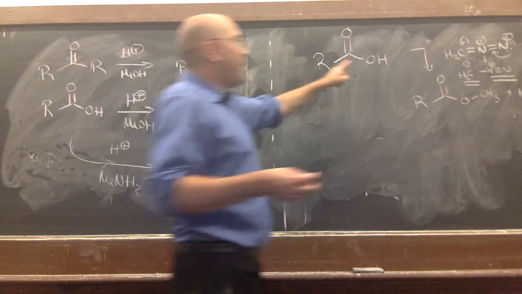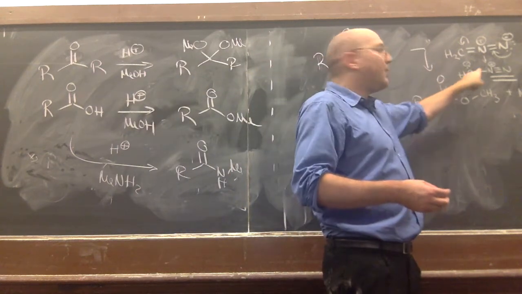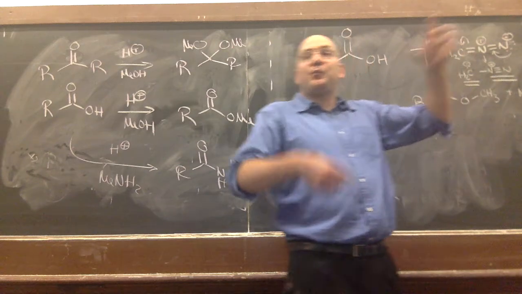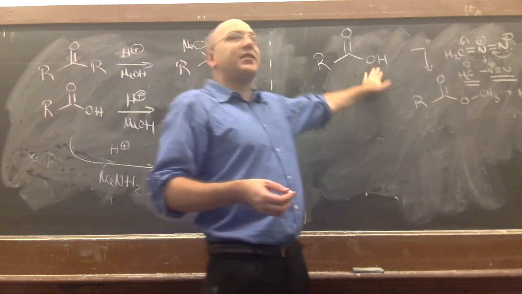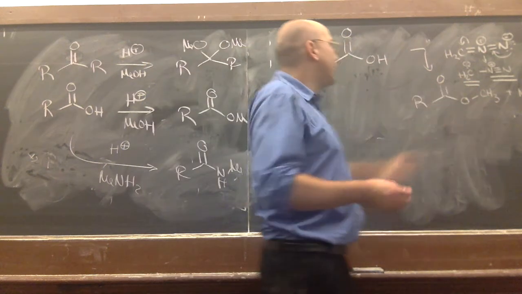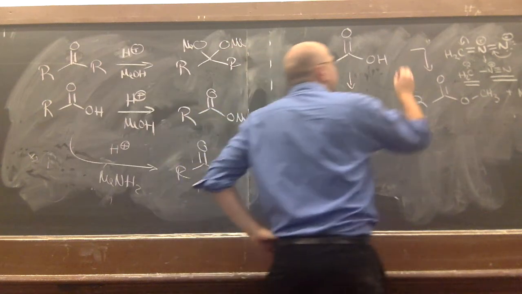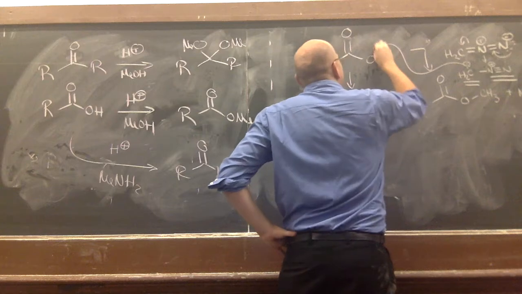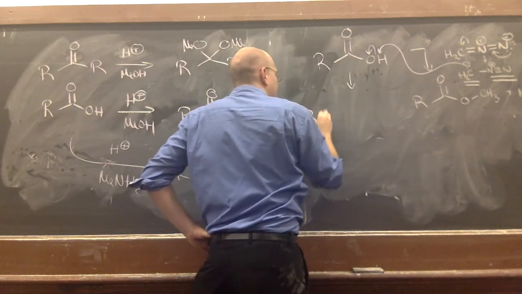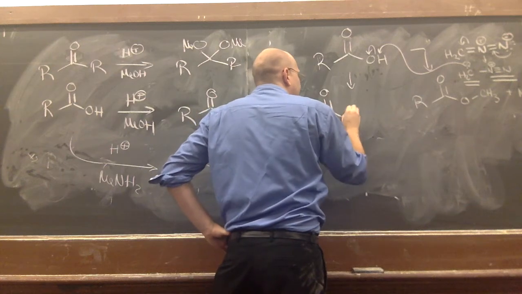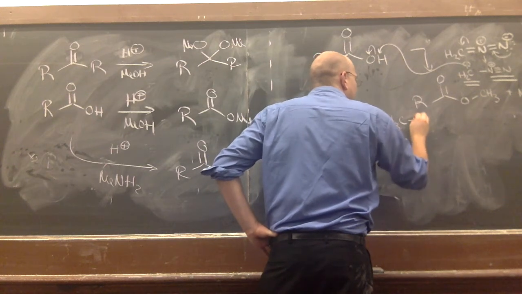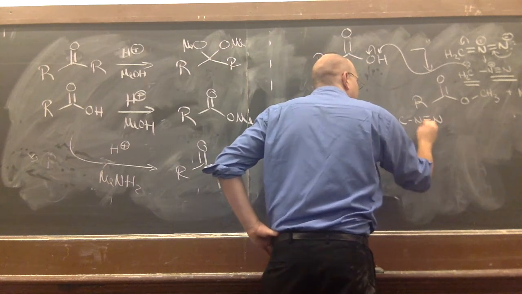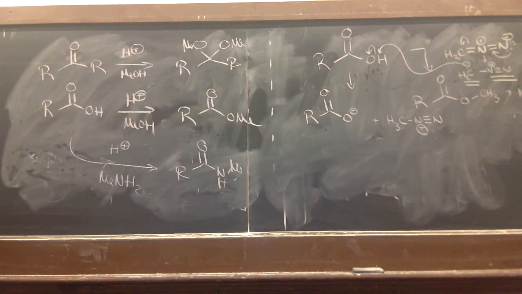Some of the mechanisms I saw had this attack the carbon first and lose nitrogen first, which, if you don't know the mechanism, is okay. But really, you've got an acidic proton here. You've got that guy there. So the first step of this reaction is deprotonation. That's simply acid-base chemistry. Okay? And the next step in this reaction is something you should have been able to do